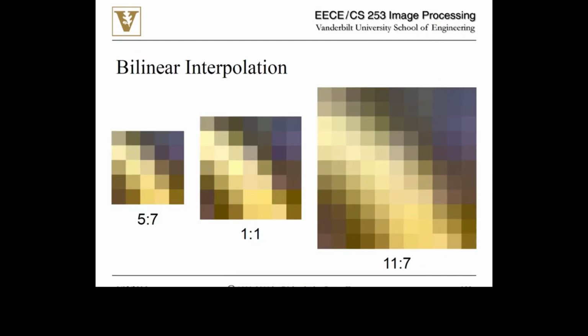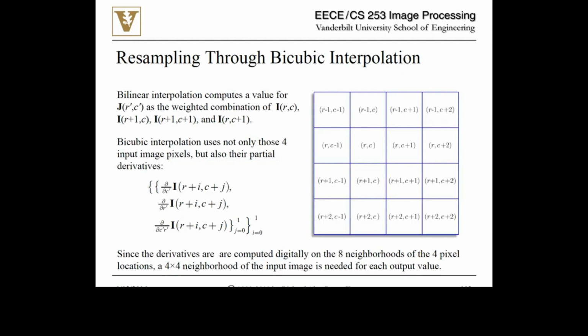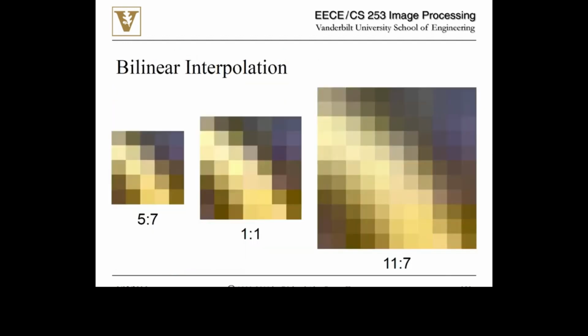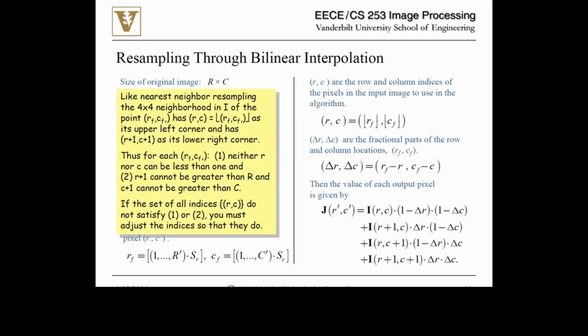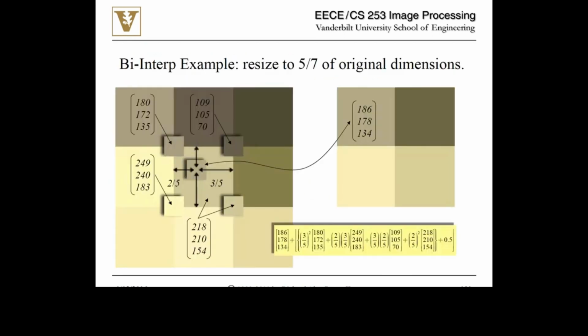So here you have the results of bilinear interpolation for different factors. For color images, you have to do the same, but in the 3 bands. So there is nothing special. You do the same procedure in the 3 bands. And I think it is a good point to stop. So, any questions? Next day we